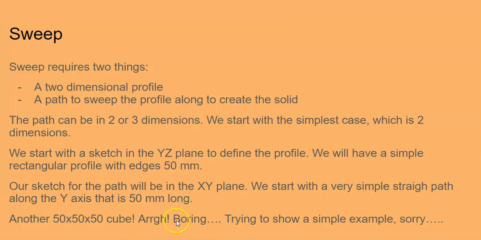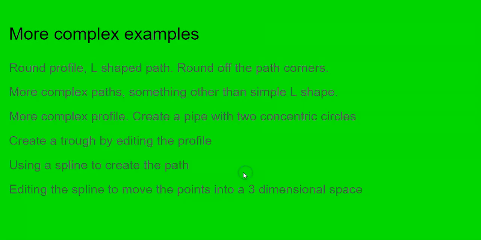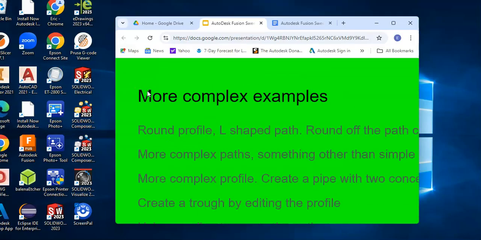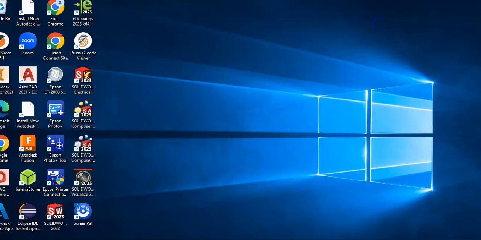yeah, I'm sure you're saying that the 50 cube is boring. So we'll go to some more complex examples. And we'll go through about 5 or 6 different things. The first one is going to be a round profile with an L-shaped path. So, back to Fusion,